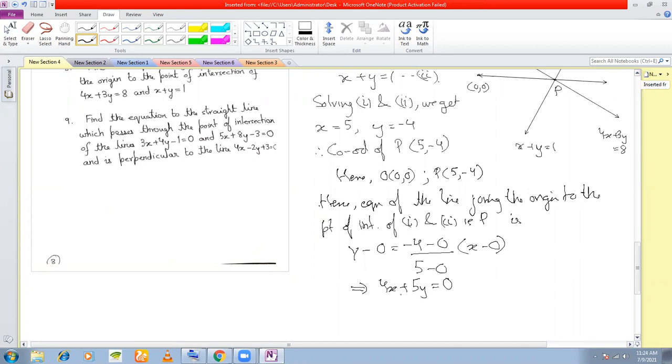See that there's something very interesting here. This straight line passes through the origin. Do you have a constant term here? Only x and y you have, right? So always remember that any equation of a straight line through the origin will be of the form ax plus by is equal to 0, or you can always write this as y is equal to mx. Any equation of a line passing through the origin will always be of this form, with no constant term. Fine. So this is what you learn from this problem.